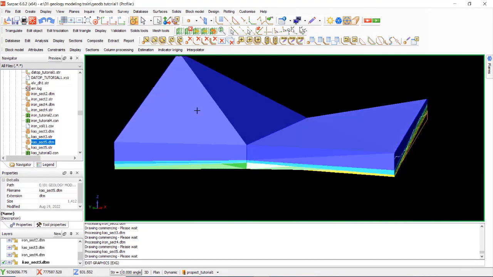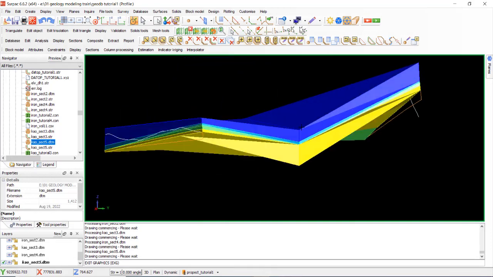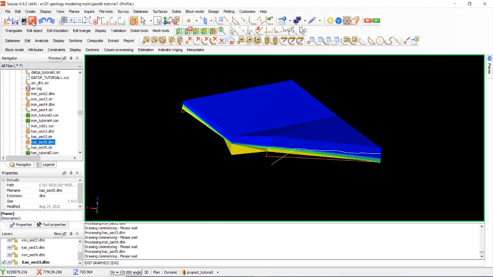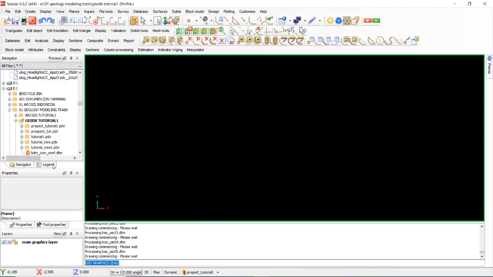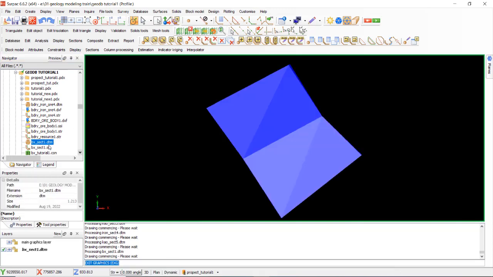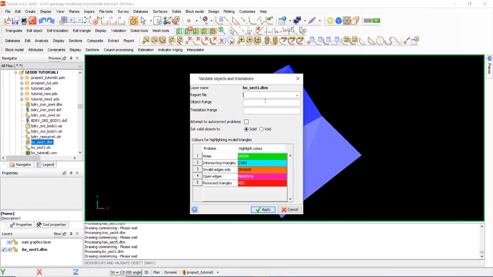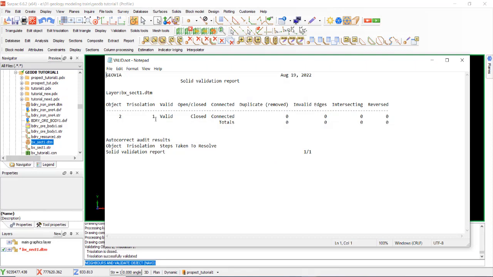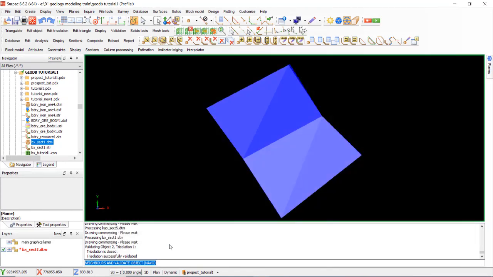Okay, this model must be validated as a solid model. Okay, reset all data, open breccia section 1, must be validation, triangulation, select validate, select valid, check solid, apply, yes, valid. Okay, after validation, save the file.